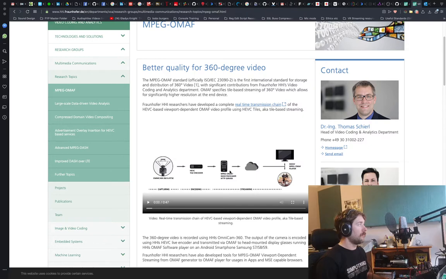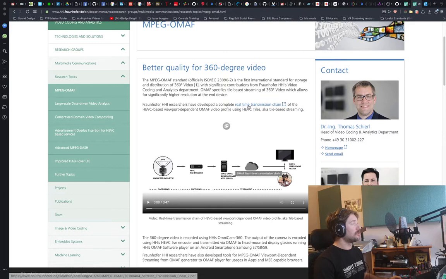So it's all part of MPEG-I, which is MPEG Immersive Media, which is basically describing how the format of virtual reality is going to move into the future. MPEG OMAF currently describes exactly how we can stream content. Now,